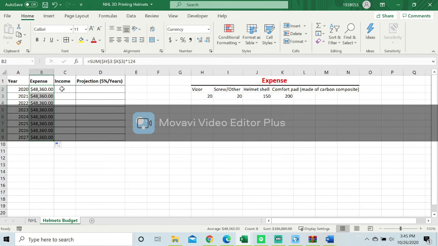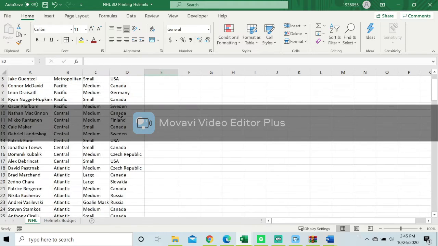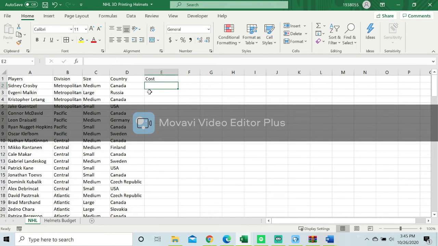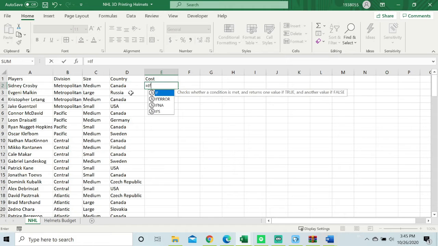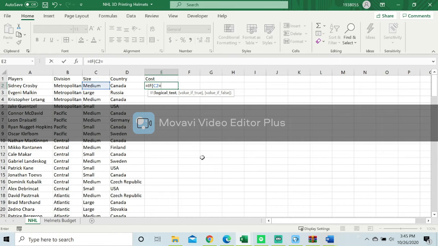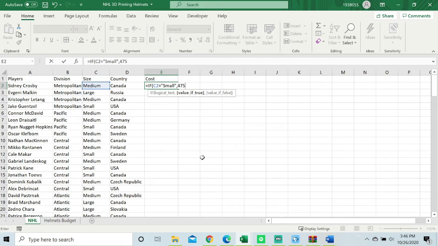Then the income comes from the cost that the player will pay. So again, we will add another formula. So let's say an IF formula. So if C2 sales equal to, let's say, small, then the value will be $475. Otherwise, if